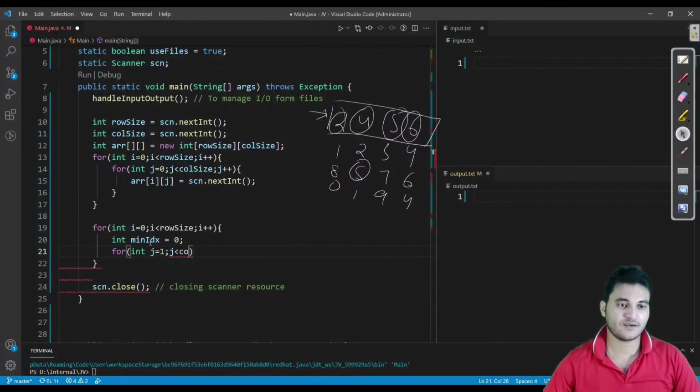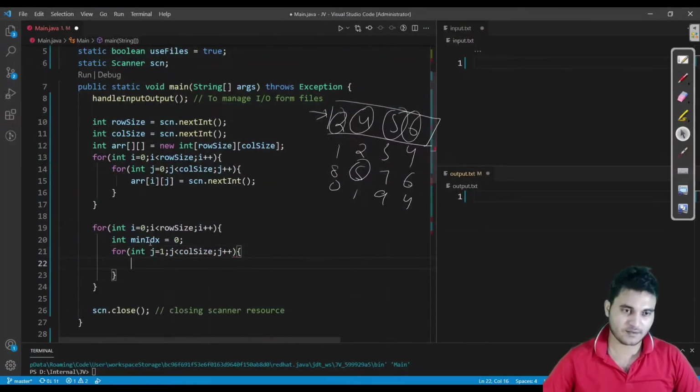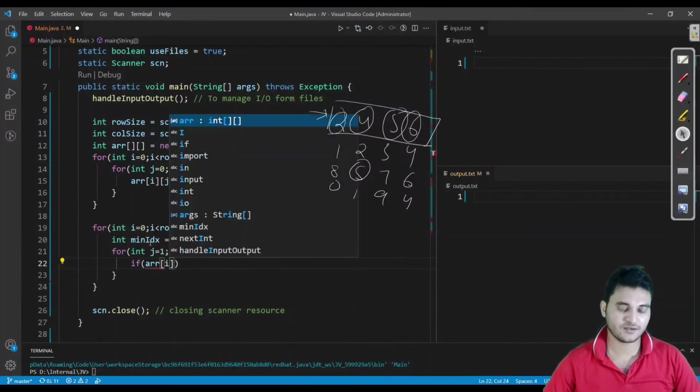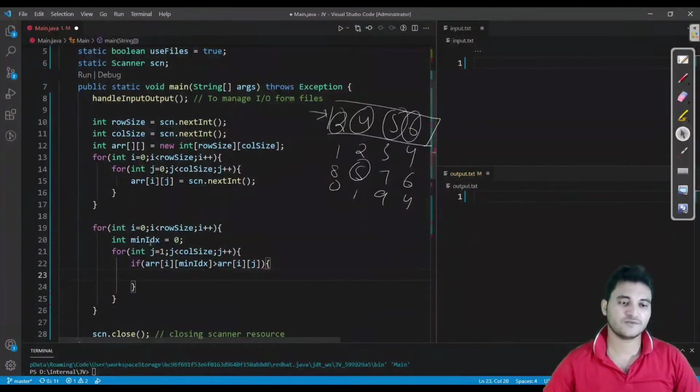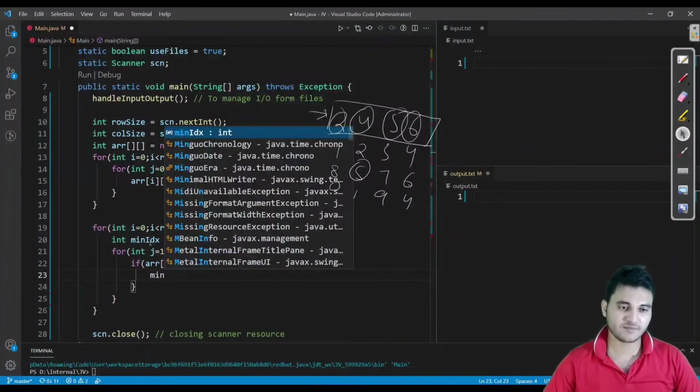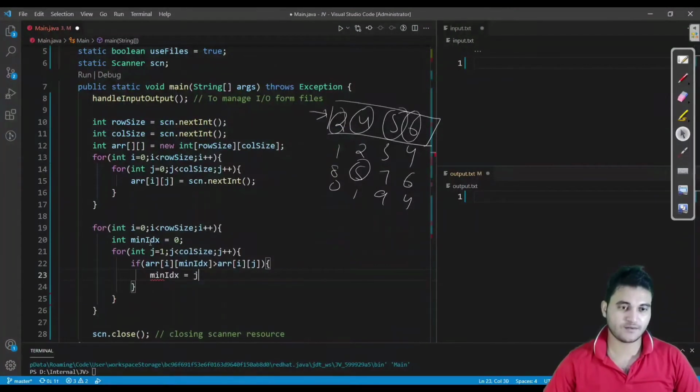We'll run j up to column size, j++, and if ARR of i, min index, which we are expecting, is greater than ARR of i, j, where j is the loop we are iterating, then replace the min index value with j.